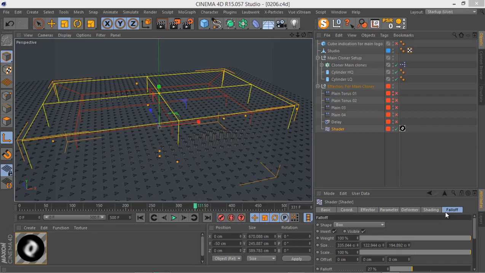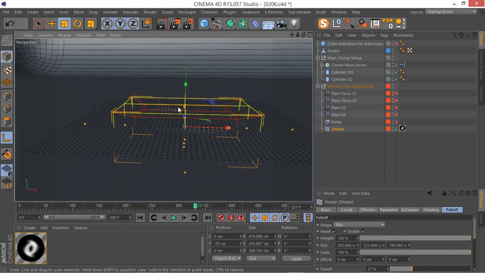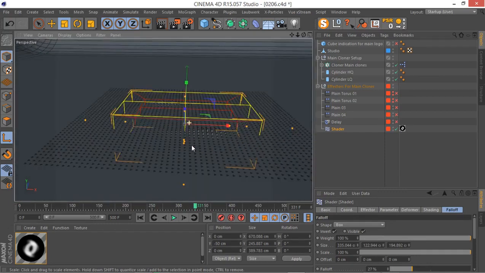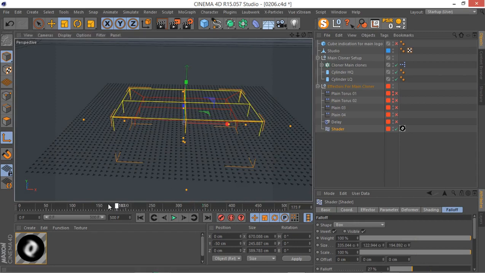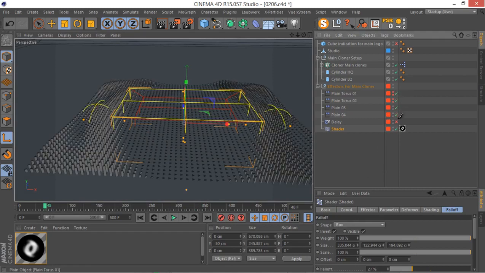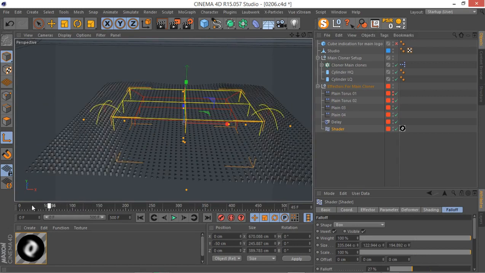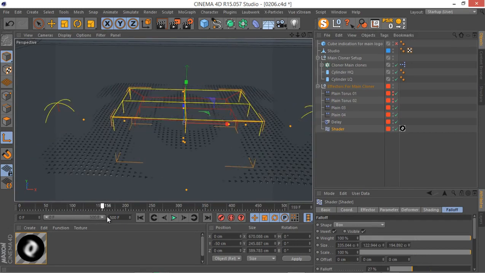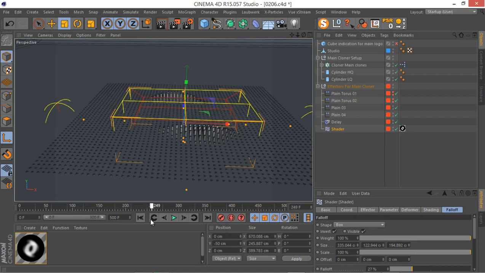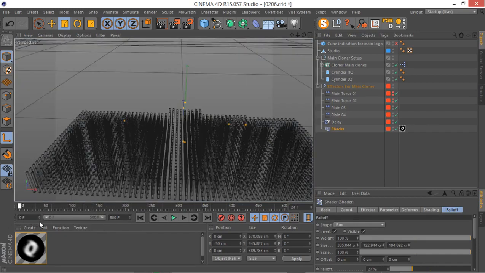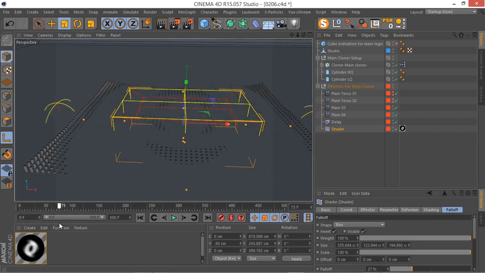Okay guys, let's just tweak our main cloners here, and this is going to be the last lesson of this section. We're going to be doing the final tweaks. The first thing I want to adjust, I think if I just enable my other effectors, the fact is right now this final shader effector that we added appears about frame 216, and we want it to appear much quicker, maybe about frame